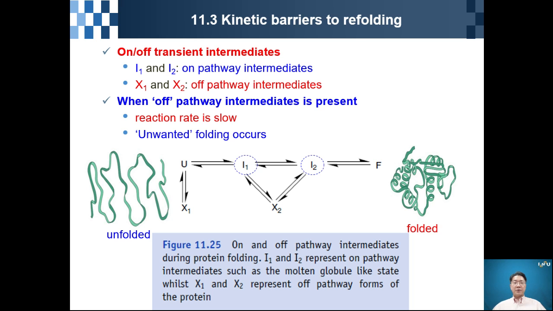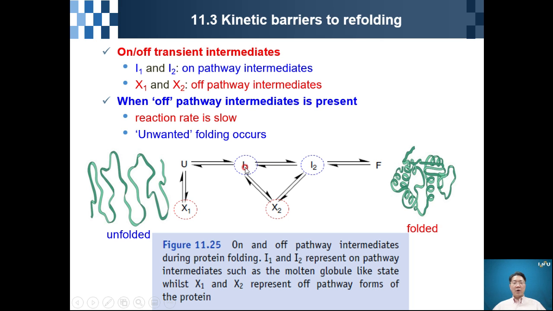However, there is another possibility. For example, X1 or X2 can be available. X1 and X2 we call the off pathway intermediates. When the off pathway intermediate is present, usually the standard reaction starts from the unfolded